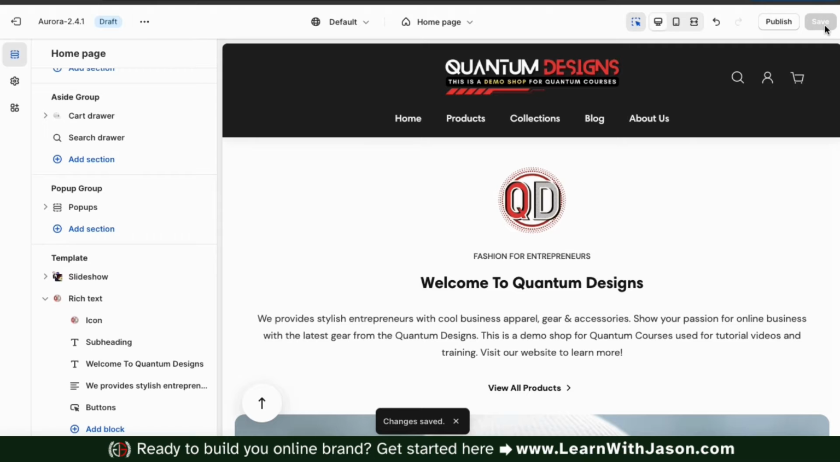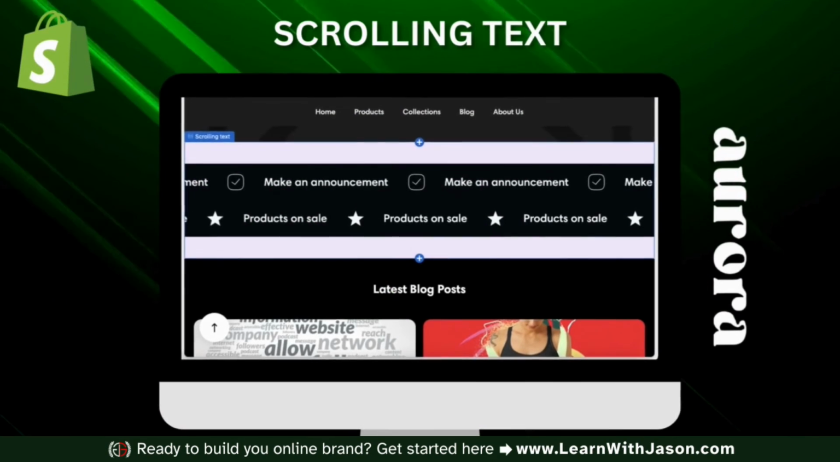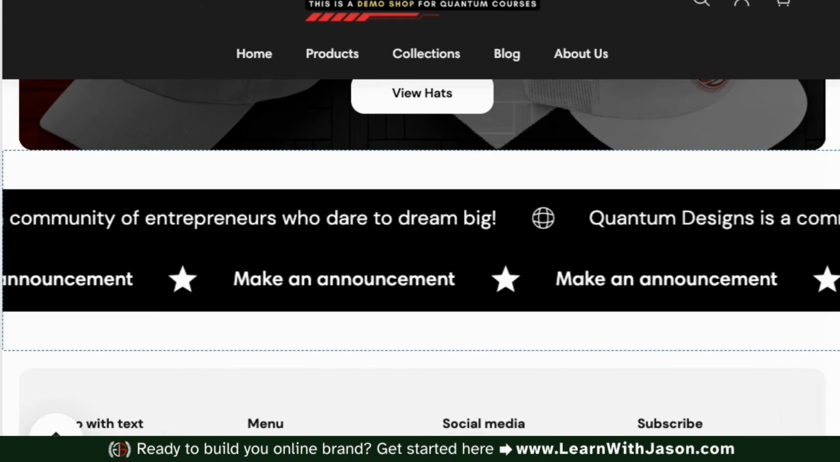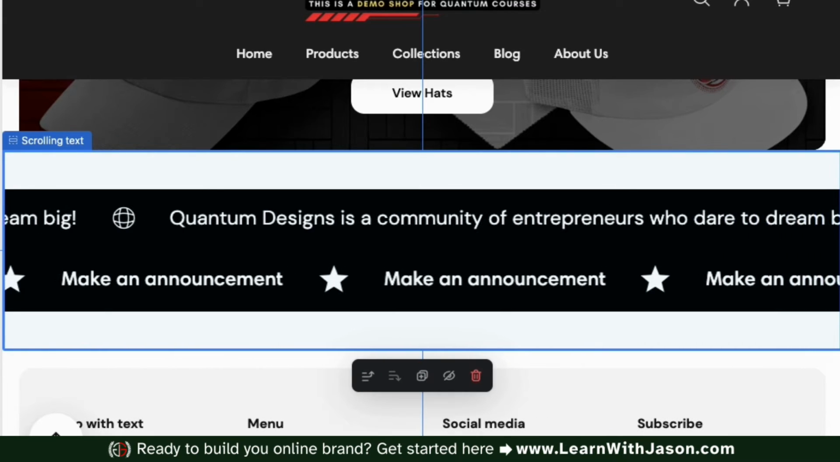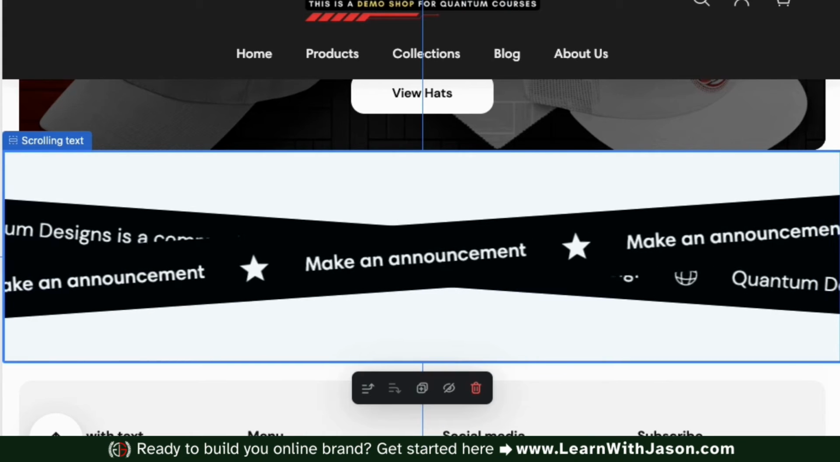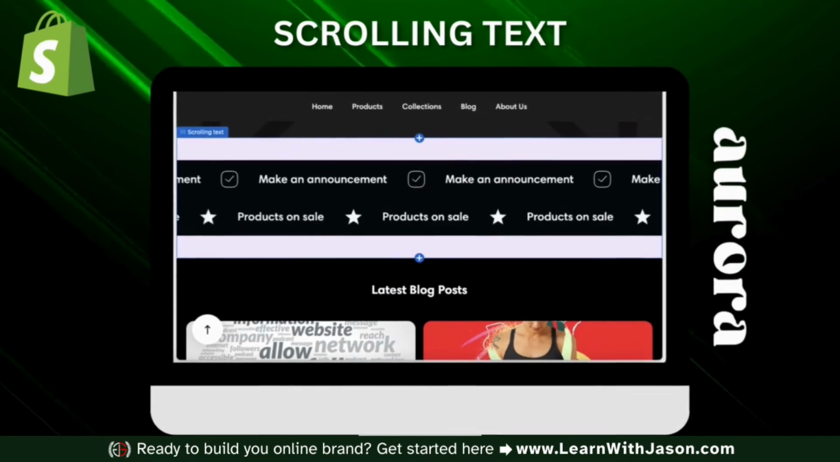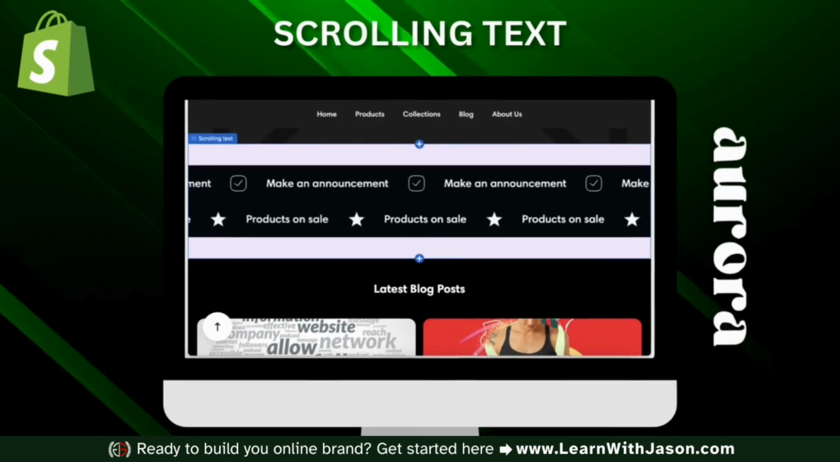So we've gone over how to add a standard rich text section to your home page. Now let's go over how to add scrolling text. Scrolling text is moving text that scrolls across your online store's homepage. With the Aurora theme, we can add multiple lines of text, including icons, and arrange them any way we like. The lines of text can scroll parallel to each other, or even cross at a selected angle. Keep in mind, scrolling text is available with the Aurora theme, but may not be an option with some other